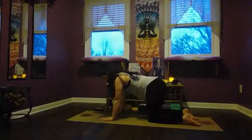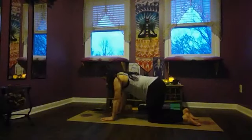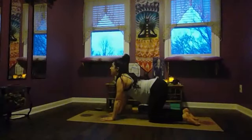Maybe you find a child's pose here. Maybe that feels good for your body in this moment. And if you are in child's pose and you want to stay, you're welcome to. If you're in tabletop, we're going to inhale, finding a cow pose, so dropping the belly, peeling the heart forward